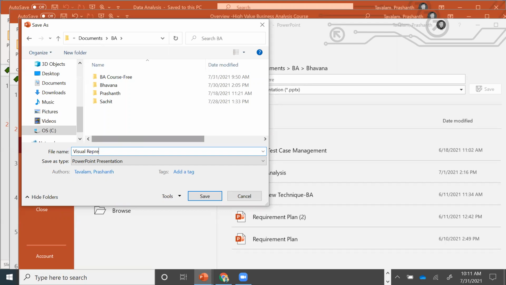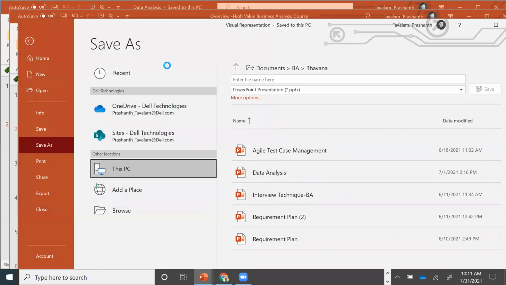Now, as part of interaction, quickly think of a process which everyone is aware of, and which we could try out here. Think about a process which all of us in this room know, which we can use to create a visual representation. You get my question?